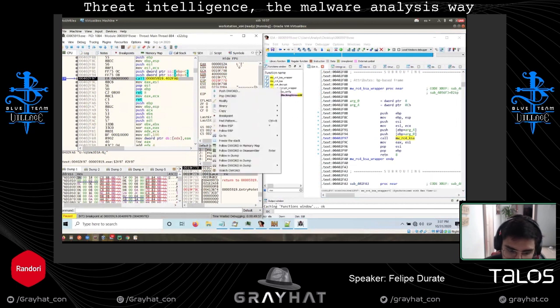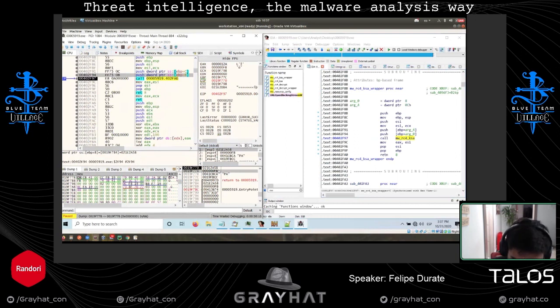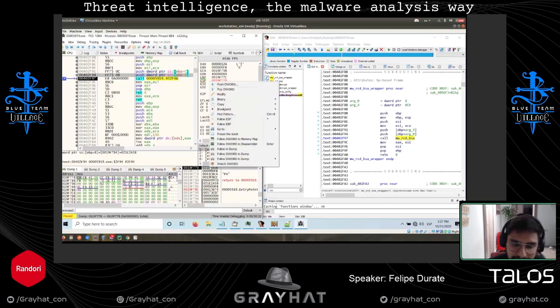So if I right click and go to follow in dump... Sorry, no, it's not that. So one is this one, the other one is this, the 21. Those were the two parameters pushed to the stack.